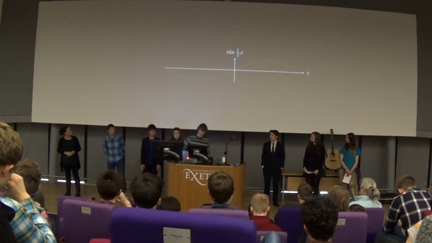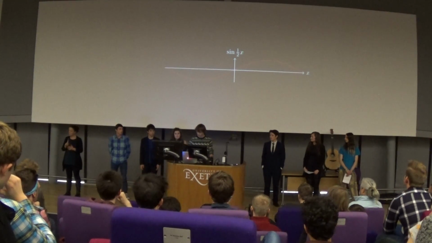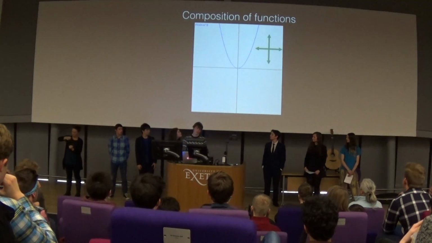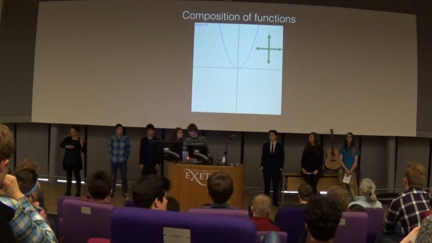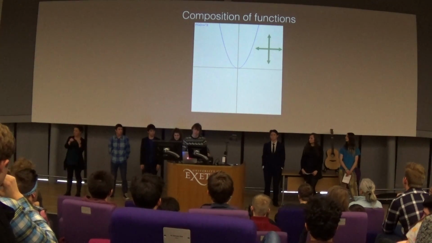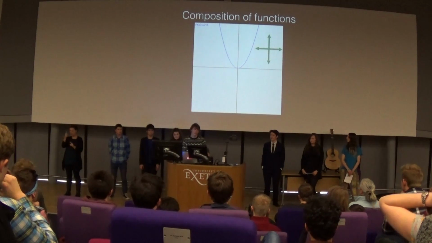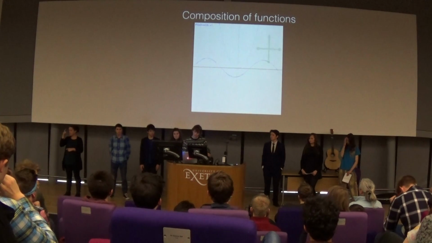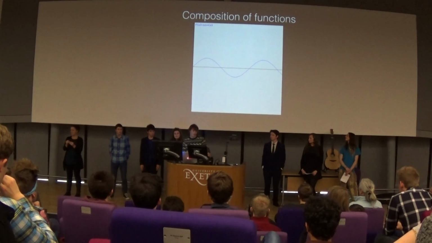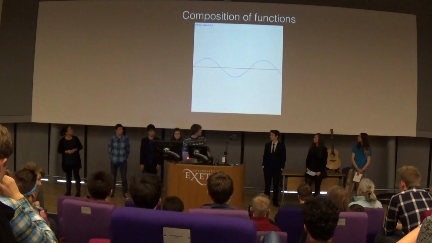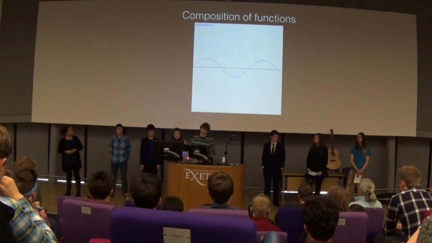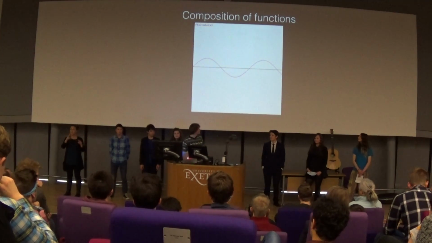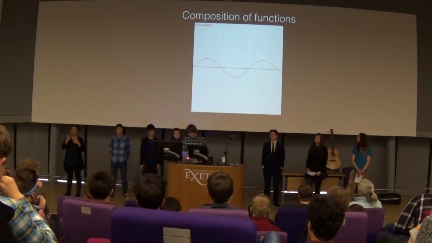So, as Jake's mentioned, we can change functions in a few basic ways. We can stretch them vertically, we can stretch them horizontally, and we can also kind of pick them up and shift them where we want. But that can only really take us so far when we're trying to build a good periodic model. And to get any further, we need to start talking about how we can add functions together. So, I'll demonstrate this with the sine curve, which you're now familiar with. We can do this visually by drawing two functions on the same set of axes. So if you imagine the blue function is behind the red function, then I know